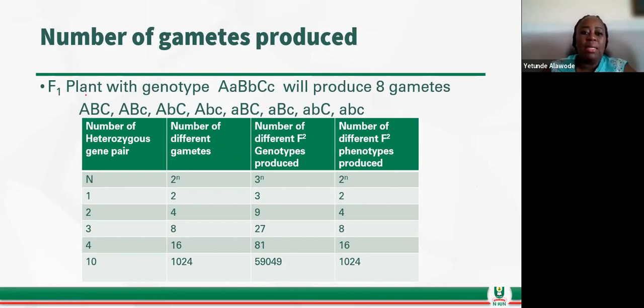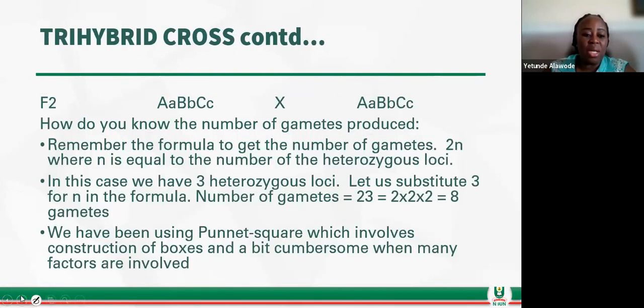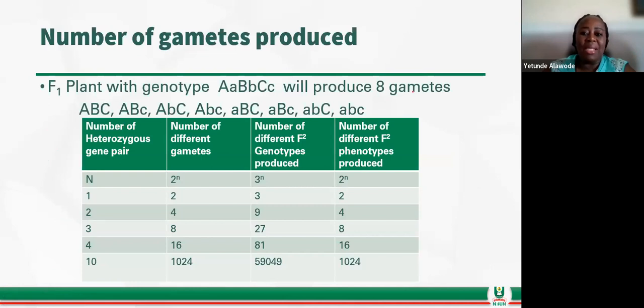And in the case of that trihybrid cross we are talking about, these are the gametes that will be produced. I've even written it here for you. These are the 8 gametes that will be produced. Capital A, B, C, capital A, B, small c, capital A, small b. Different combinations. You can see that they are in different combinations. So these are the 8 gametes that will be produced in your trihybrid cross. So is this 8 that you will arrange in